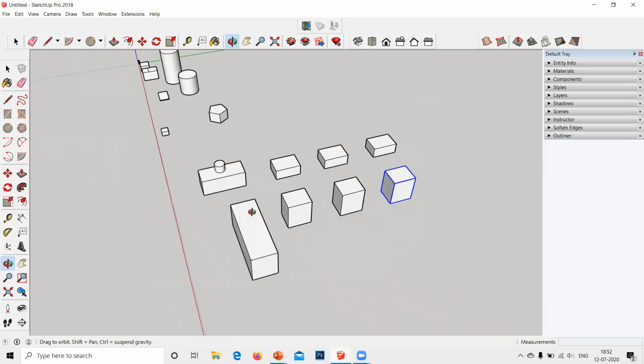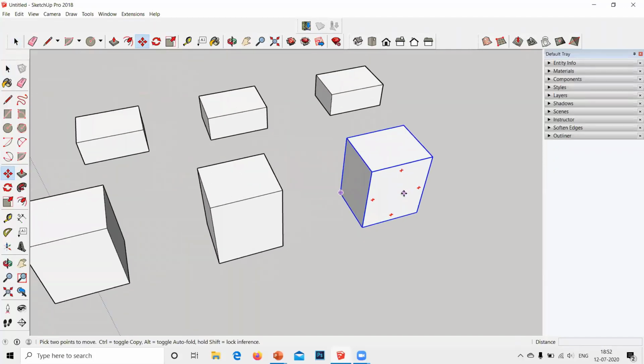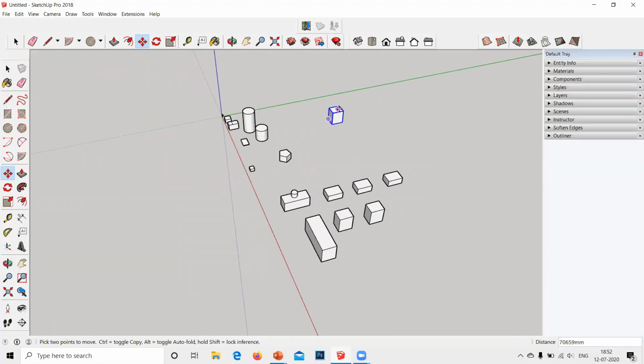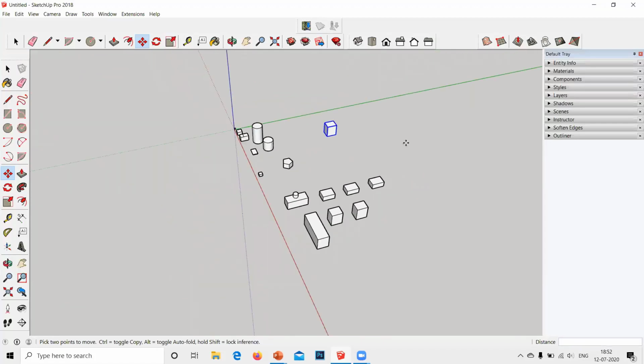Now grouping and component is very important for moving, rotating and scaling. So I already told you how to move. Go to this move tool, click anywhere. One thing you have to remember is don't click on these red plus signs. This sign is for rotating. I'll tell you what rotating is later. Just beware of these red plus signs for now if you want to move. Click anywhere on this plane. Move, done.